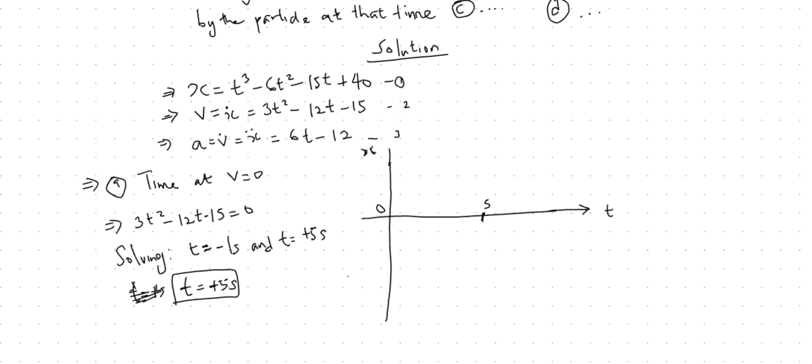In our position equation 1, I just want to pick 3 intervals, so we'll be fast. When t equals 0, x is equal to what? This will be 0, this will be 0, this will be 0, so x will be equal to 40. When t is equal to 5,